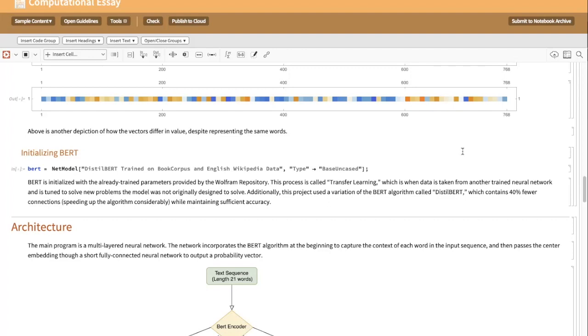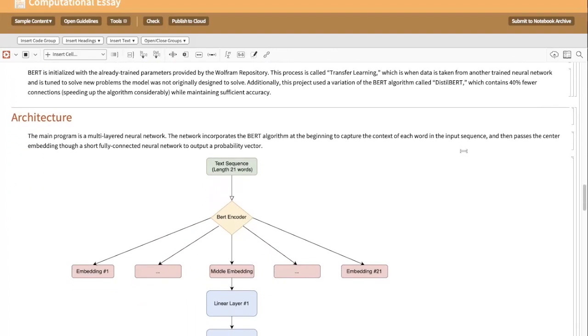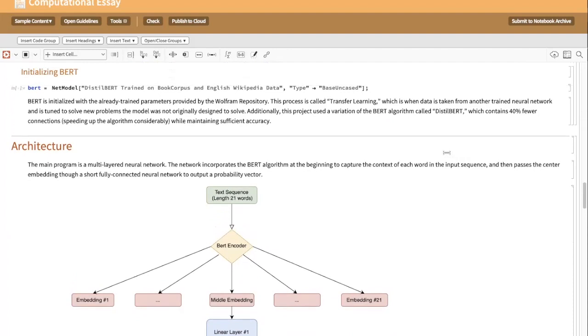But the problem with decreasing the connections is that even though speed is very important when dealing with these extensive neural networks, because the practical applications are severely limited if it takes too long to run, the risk involved with lessening the complexity of the neural network is that it can decrease its accuracy on new data, since it can't extrapolate as well because it becomes less complex. But at the end of the day, given the processing power I had available to me, I thought this was a really good compromise.